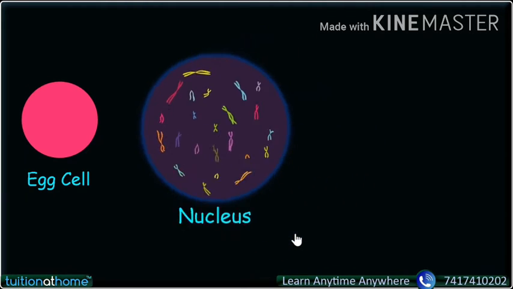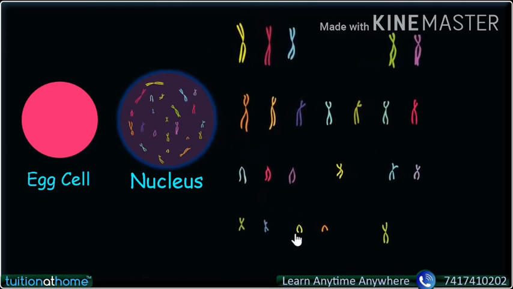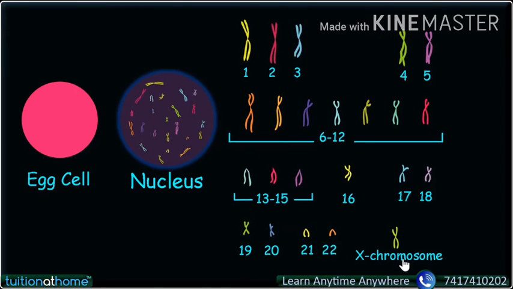In a human female, all the ova possess X chromosomes, whereas in a male, the sperms produced are of two types. Half possess X chromosomes and the other half possess Y chromosomes, and the ova possess only X chromosomes. Thus, from here, what conclusion do you get? The sex of a baby depends on the kind of sperm, whether X sperm or Y sperm.